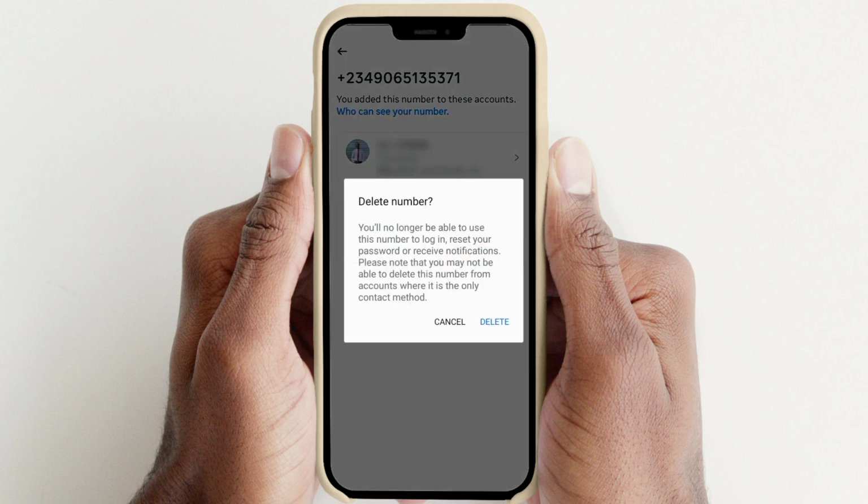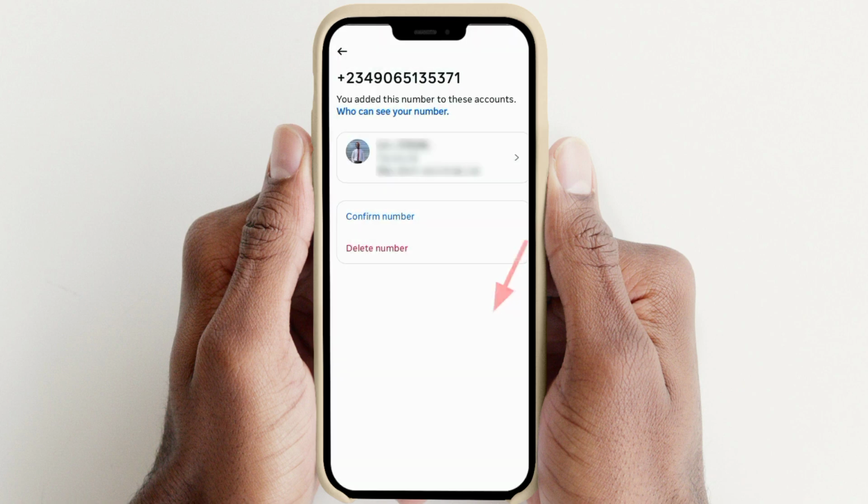So you will no longer be able to use this number to log in, reset your password, or receive notifications. Please know that you may not be able to delete this number from accounts where it is only the contact method. So if this number is your only contact method and you have no email address, you won't be able to delete this. So before you are able to delete this number, you should have an email address or another contact option. So click on delete,